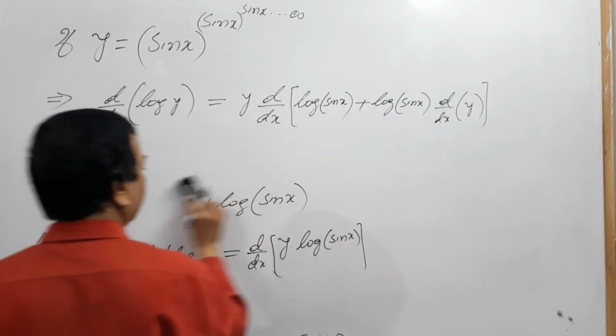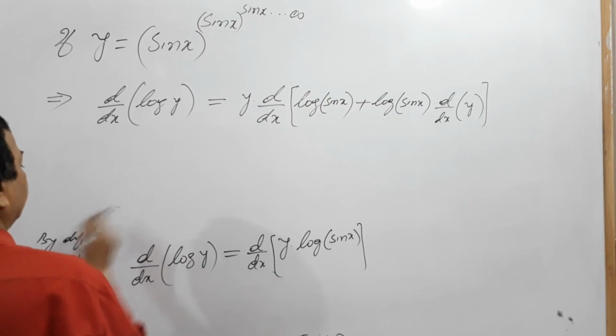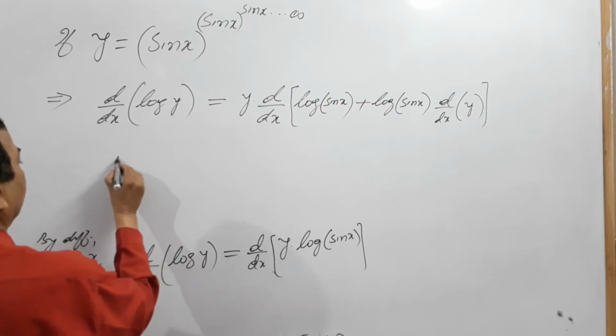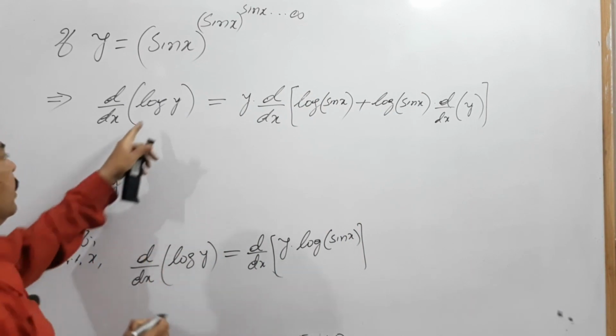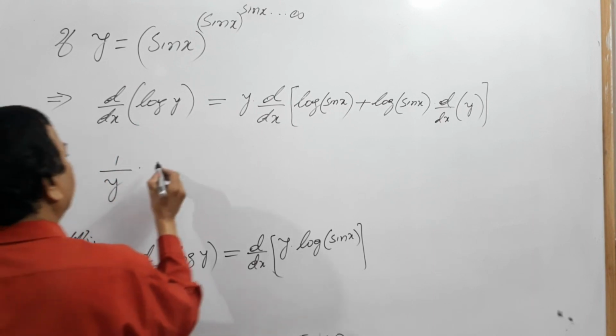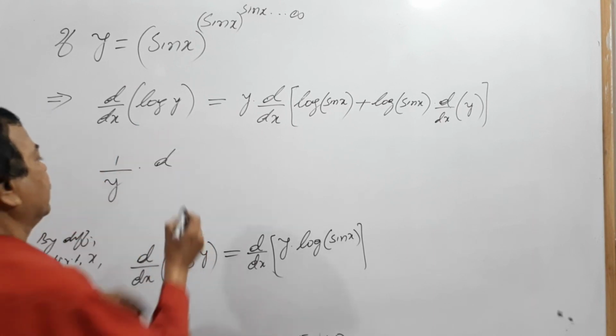I'll rub this. So now we differentiate. So this becomes what? Differentiation of log y is 1 by y into differentiation of y, which is dy by dx,